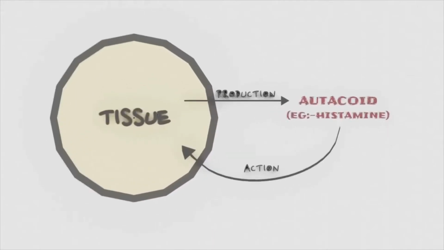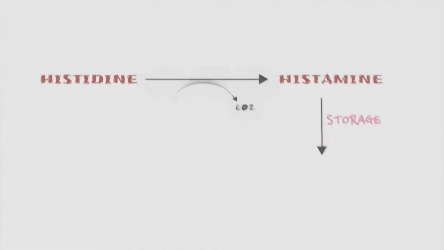Histamine is an amine autocoid derived from the amino acid histidine. If you don't know what an autocoid is, it is a biological factor which is produced by a tissue locally and it acts on the same tissue. Histamine is produced by the decarboxylation of the amino acid histidine and stored mainly in the mast cells in the